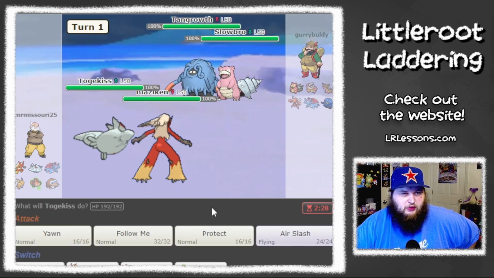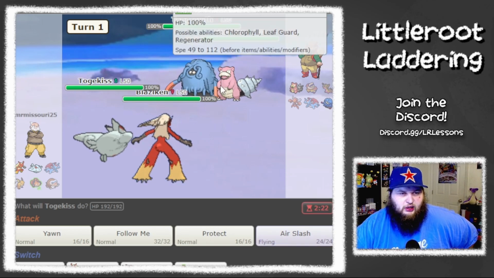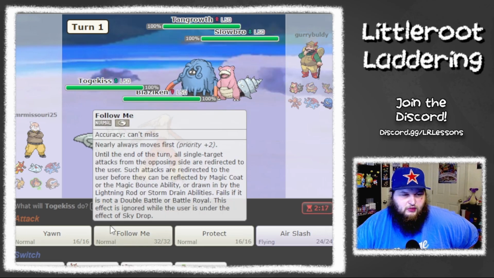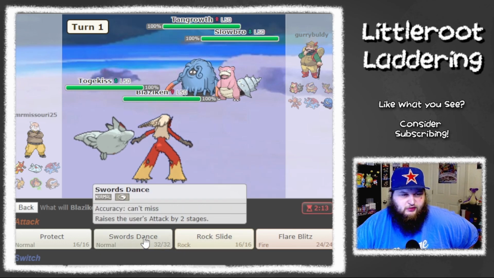So it's going to be Slowbro plus Tangrowth up front. Not really surprised by this lead. Assuming this is just Rage Powder plus Trick Room, we can go Yawn the Slowbro, and I'm going to...